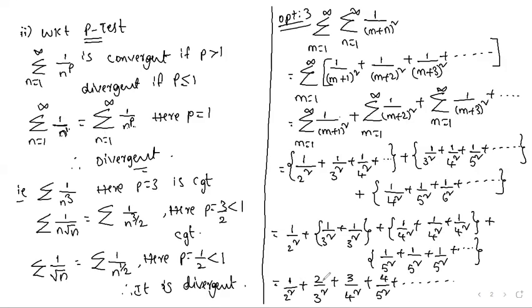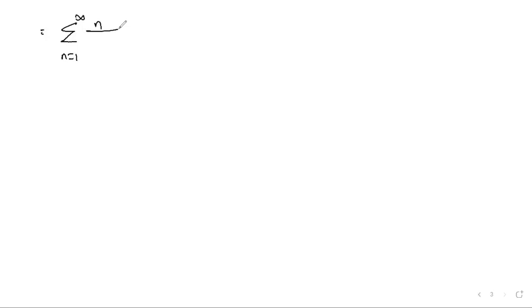Next we can write the summation n is equal to 1 to infinity of 1 plus 2 plus 3 plus 4, that is n by n plus 1 whole square, that is summation un. Simply we can write summation un. So therefore un is equal to n by n plus 1 square. So now to apply the limit comparison test,